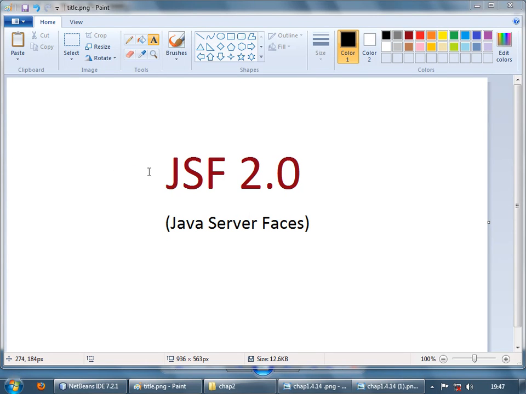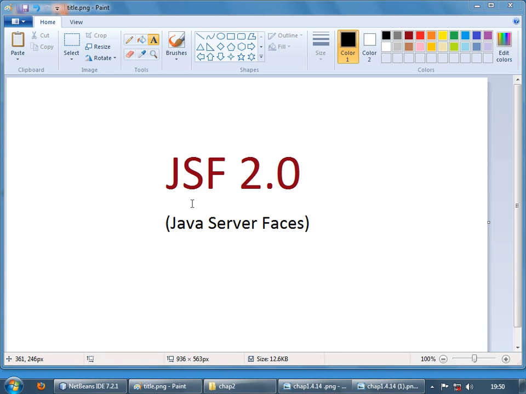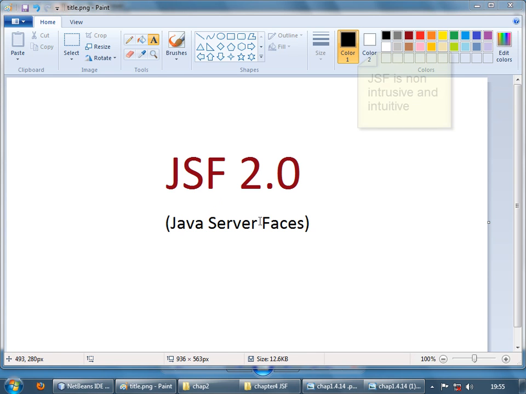Now JSF stands for Java Server Faces. It's a framework for structuring your front end of your application. Now JSF is a clean and non-intrusive way of structuring your front end. By non-intrusive, I mean that most of the times you will be writing business logic in plain old Java objects,